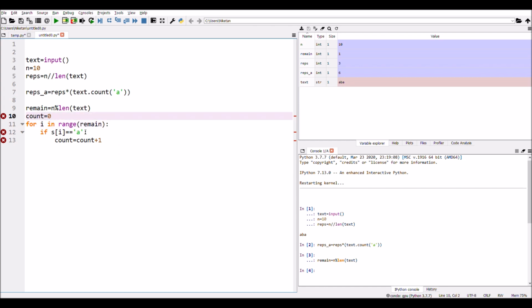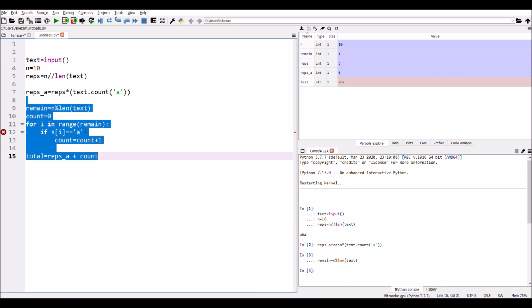So we will use a counter, and we will increment the counter every time the character A is found. Now to get the total number of times A has been repeated, we will use total equal to reps A plus count.